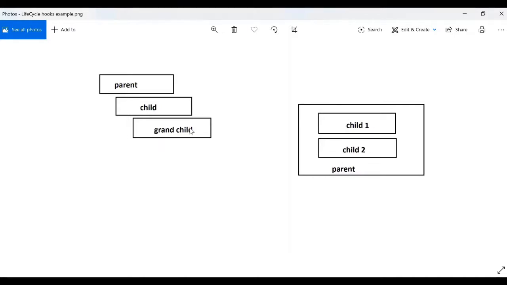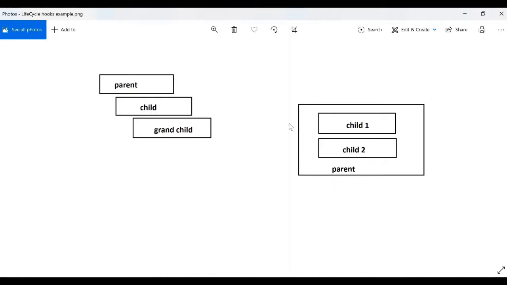In our previous example, we had a boundary component for grandchild as child, so the errors can be handled either in child or parent, because both parent and child can act as a boundary component for grandchild. But in this example, both child1 and child2 have a single boundary component, that is parent. If we see any errors in one of these components, it can only be handled in the parent error callback method.